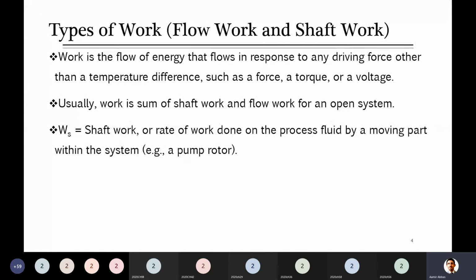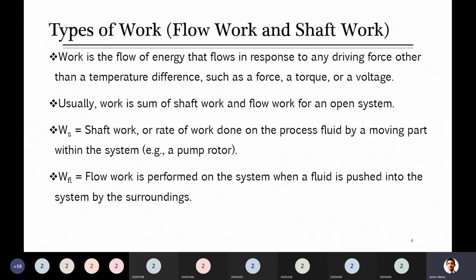This motor only converts the electric energy into mechanical energy, because when we apply electric energy, the motor moves and the shaft starts moving. That shaft is connected with the rotor or impeller, and then that rotor or impeller pushes the water. So this work we call shaft work, the work done by the shaft on the process fluid. Why is it on the process fluid? Because our system here is that fluid which is being moved with the help of this motor or rotor. So this is one type of work which we will consider here in the system.